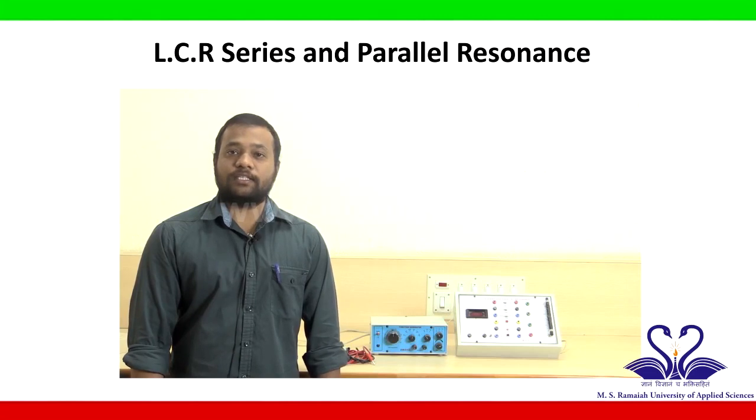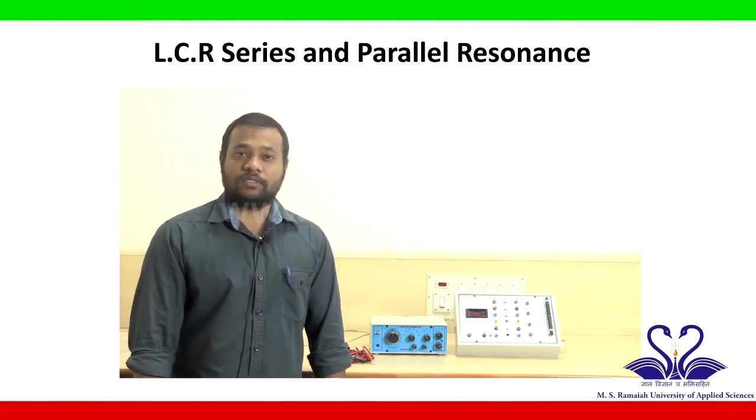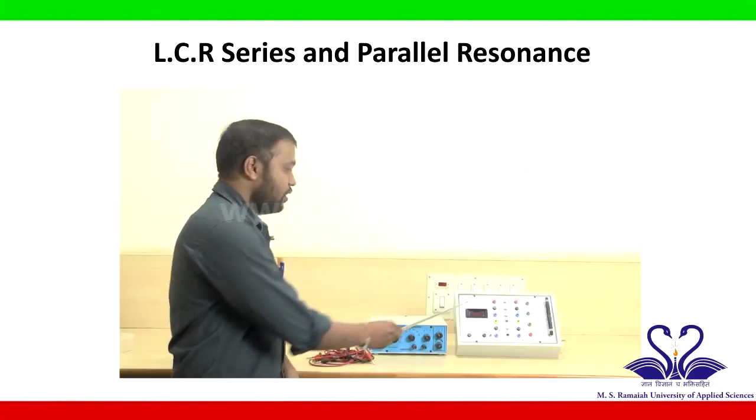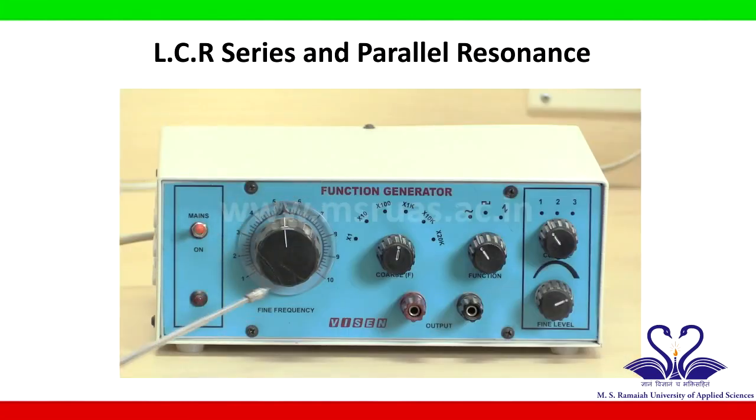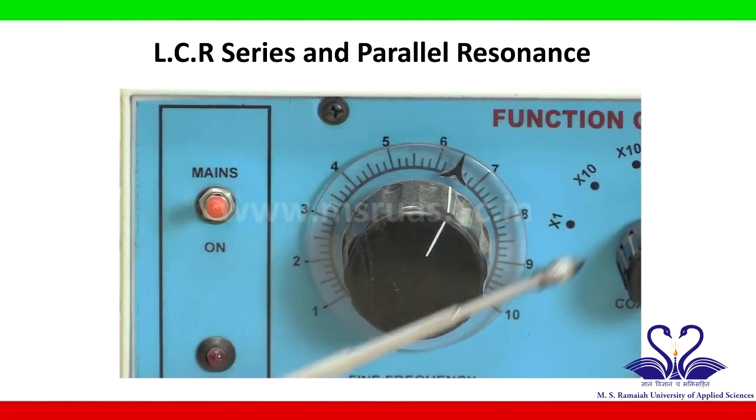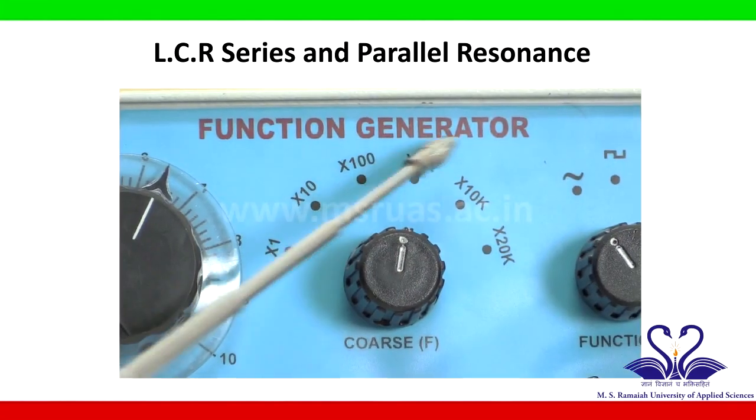Hello students, in this experiment let us study the frequency response of series and parallel LCR circuits and determination of resonant frequency and quality factor. The required apparatus are connecting wires, function generator, LCR series and parallel resonance kit. The function generator has fine and coarse frequency knobs, where the fine knob can vary from 1 to 10 and the coarse knob can vary from 1 to 20 kilo,